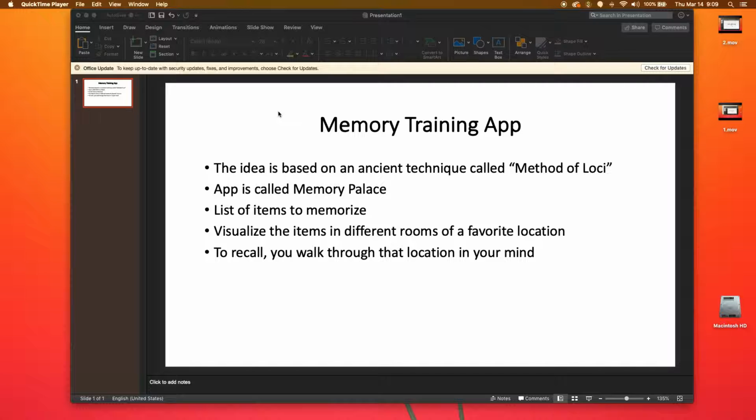It's a memory training or enhancement app that allows the user to train his or her memory to quickly and effectively recall information, bits of information that are needed at a later time. It's based on an ancient technique called the method of loci. It is a memory enhancement technique using visualizations and spatial memory, and using one's own environment to quickly and effectively